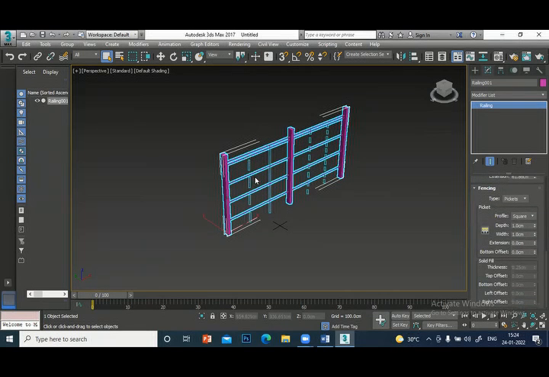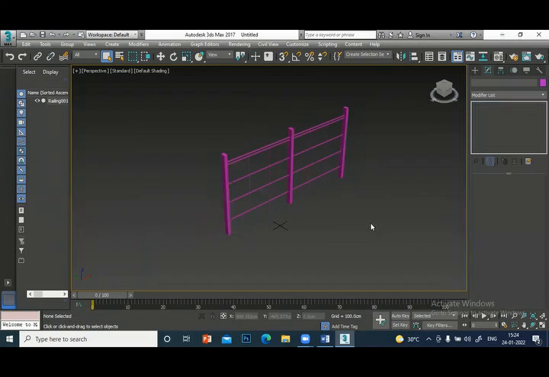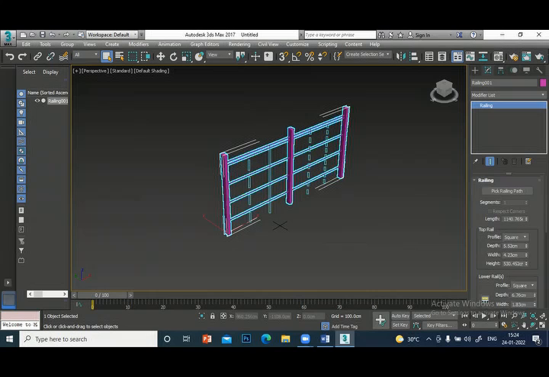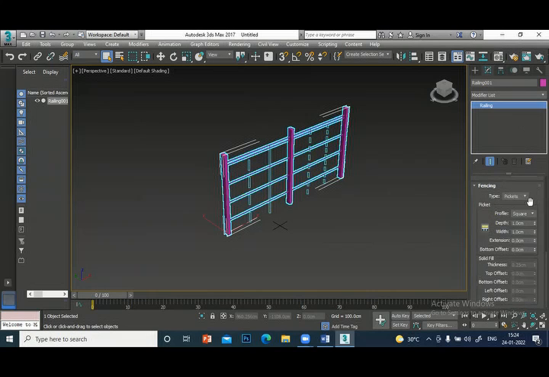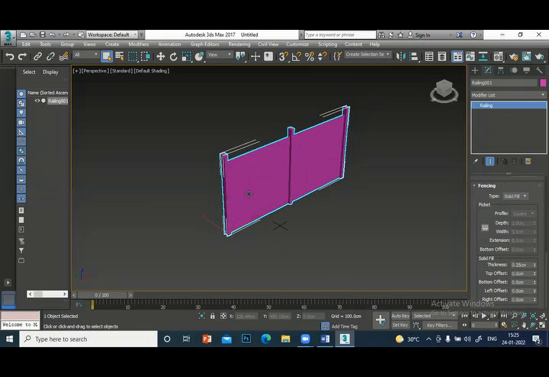Now fencing. These pieces are called fencing. The portion of vertical posts in between posts is called fencing. Fencing you see here. Now it is posts only, called pickets. Suppose you want sheet or glass, we'll select solid. Solid fill. See, filled with solid. You can adjust the spacing and other things.